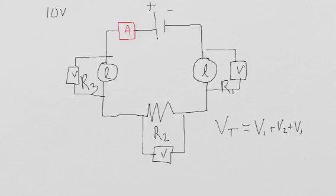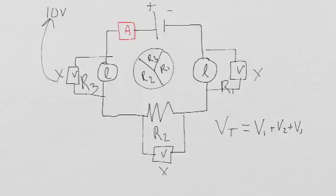And what we see is that if this 10 volts is a pie, depending on the resistance of each of the resistors, R1 will take up this much of the total voltage. R2 might take up this much of the total voltage, and R3 will take up the remainder of the total voltage. They each get a piece of the pie. And when you sum up the reading from this voltmeter and this voltmeter, you should get your total voltage. Does that make sense to you? Okay, now,